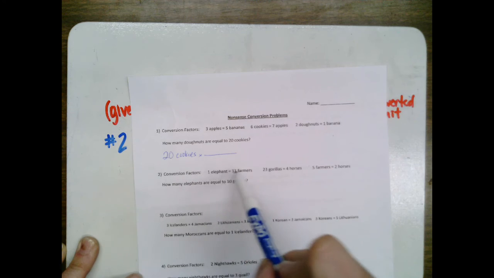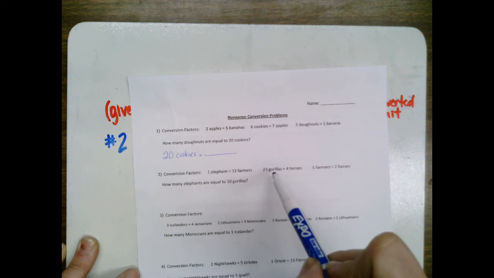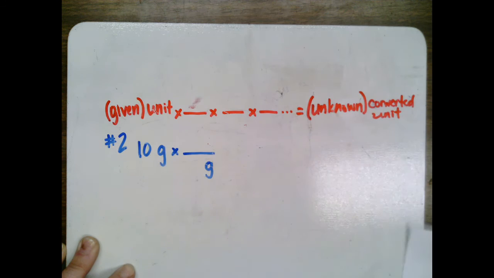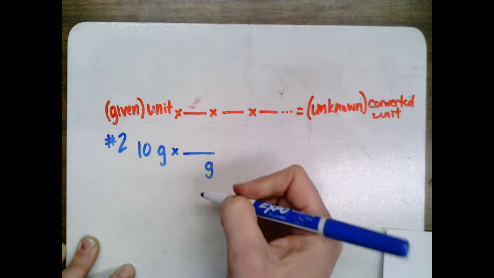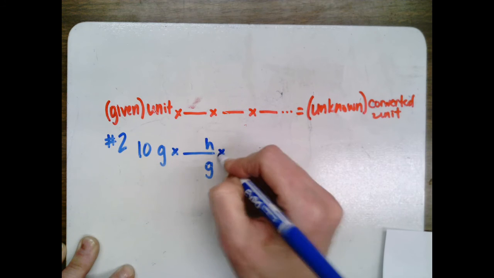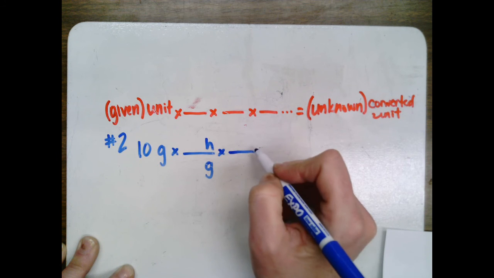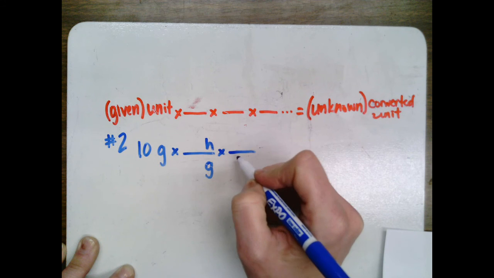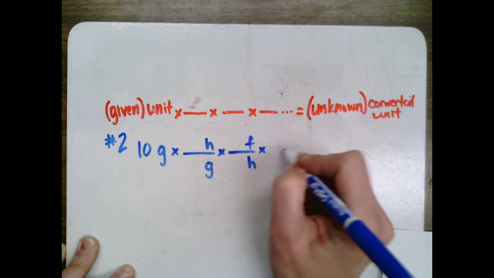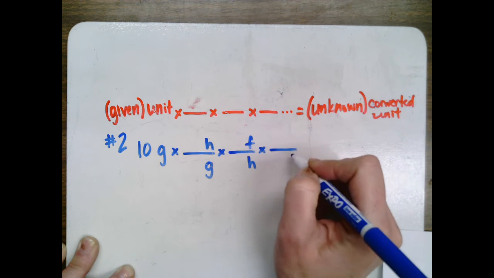If I look at my unit equations, I can see that I've got gorillas and horses set up in that equation, and I can change that into a unit factor. I'm not even going to put the numbers in here. I'm just going to say gorillas to horses. Then I have horses and farmers in an equation, so horses to farmers, and then farmers to elephants